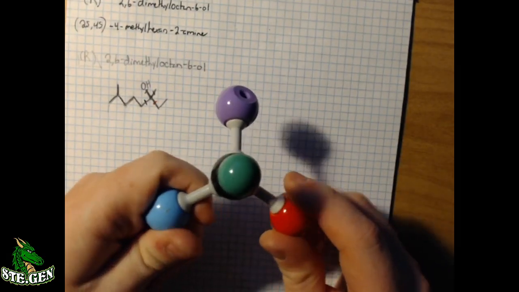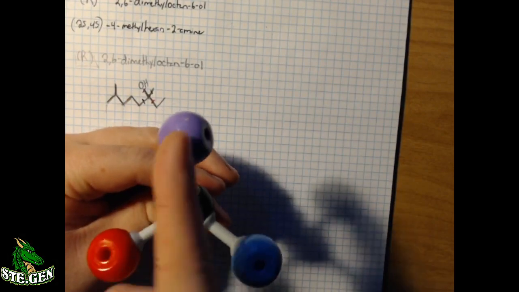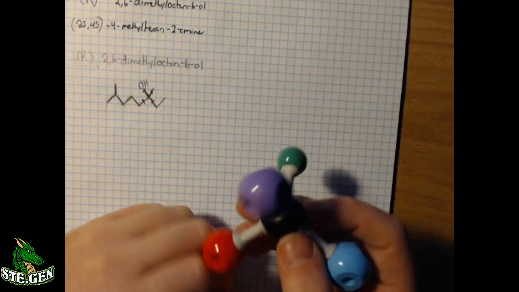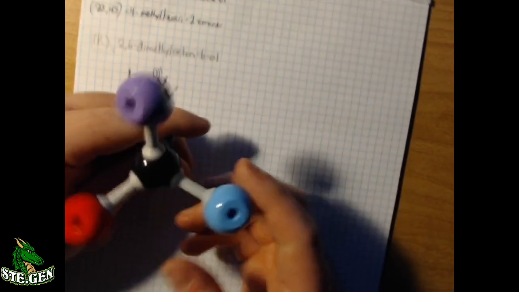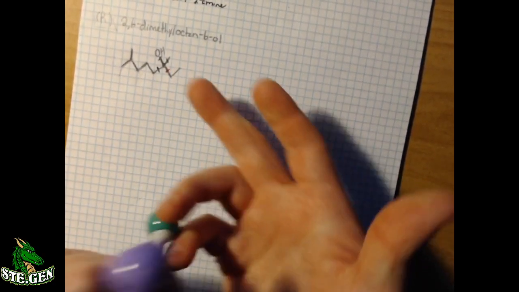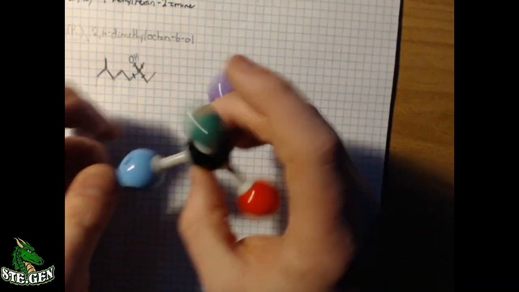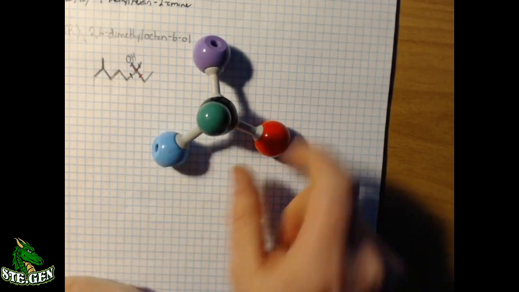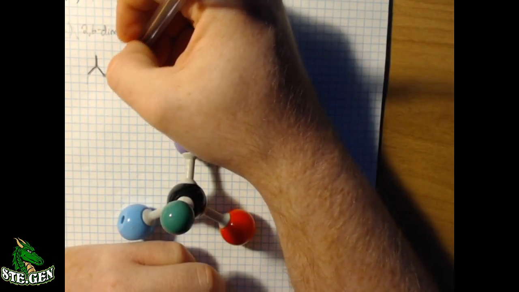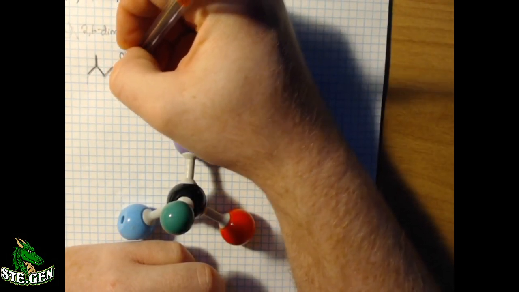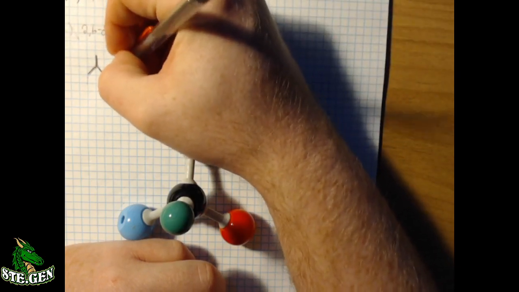So if I flip their positions, I've got, put it like this, 1, 2, 3. That would be an R configuration. Now, again, don't just assume, okay, well, it's an R configuration, so purple comes out, because that's what I'm seeing here. You have to reorient based on what you have in the picture here. So I'm going to have to re-put my blue going that way, my red going that way, which means my green is going to actually be coming out of the page, and then my OH